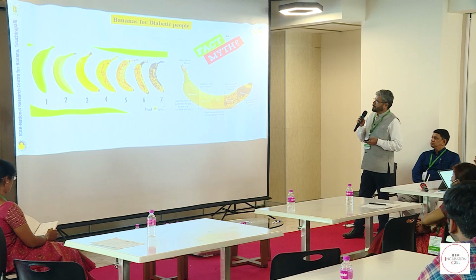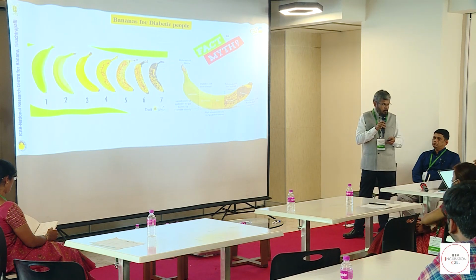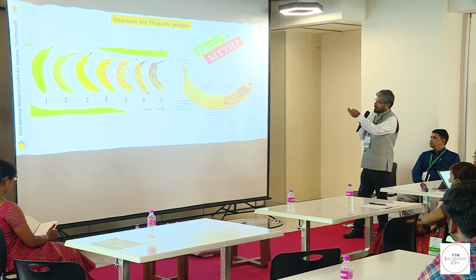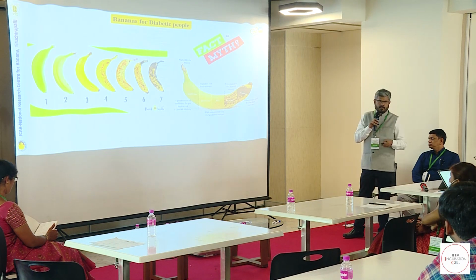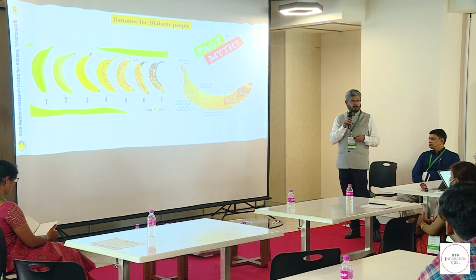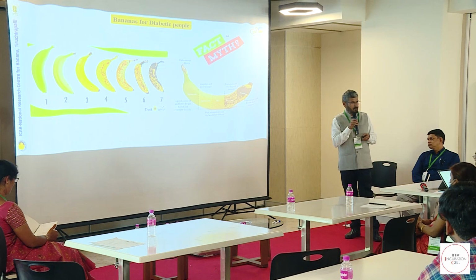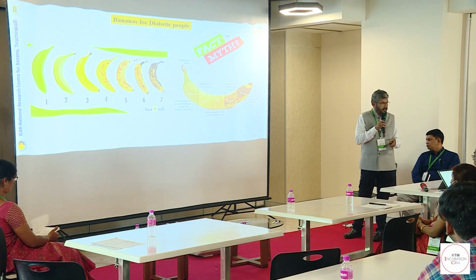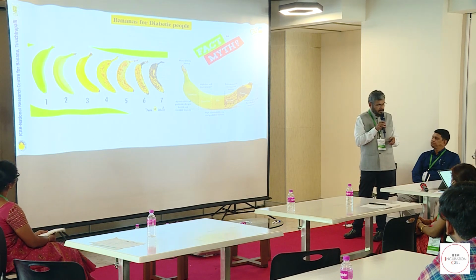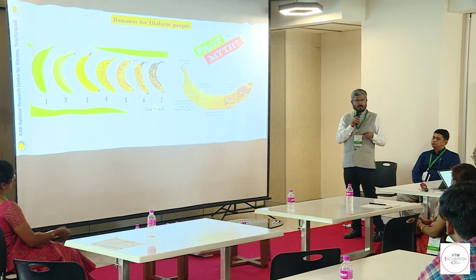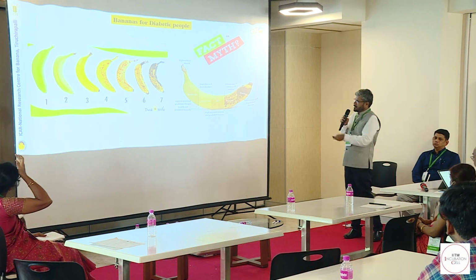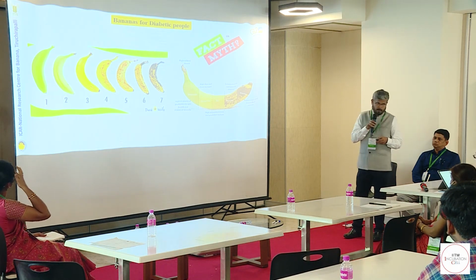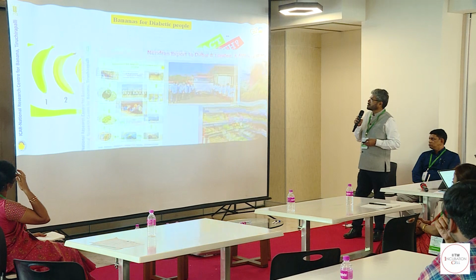Then, diabetic people also can eat banana. If you eat banana at an early ripe stage, like stage 3, the GI is only 55, lesser than some of the rice varieties. But at stage 7 also one can eat. Tumor necrosis factor is there, that helps your health. You can use that stage 7 also. So every part of banana could be used actually.